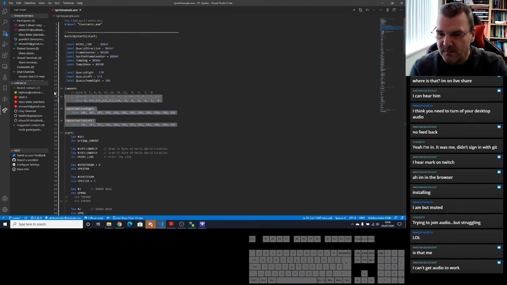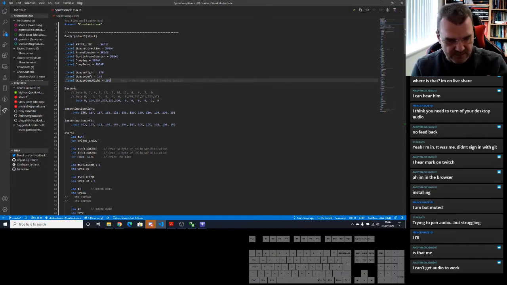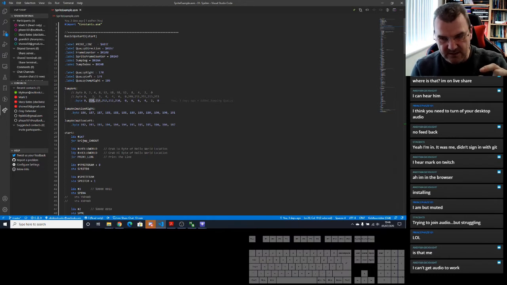So we've got the jump arc, which tells the system how far to jump in terms of Y, the difference. So if I'm at Y level 10, on the first frame, how far am I going to jump? Now the first byte is 0, so I'm staying in the same place. The second byte is 254, so effectively I'm going to be going up 2 pixels. And then 254 is up another 2 pixels, and then 4 pixels, 4, and then